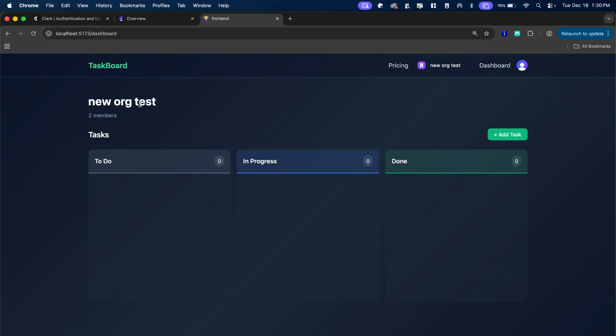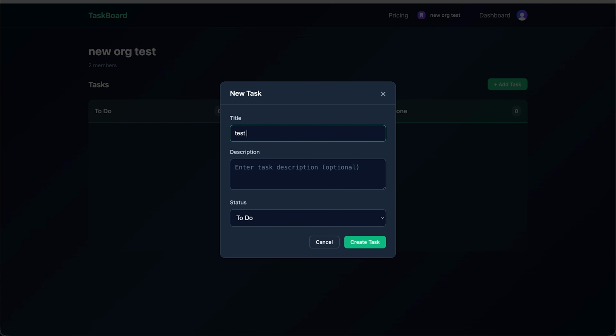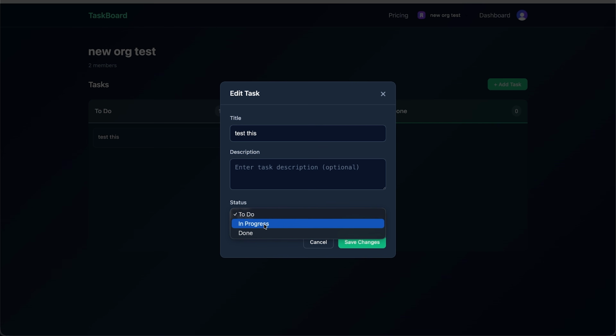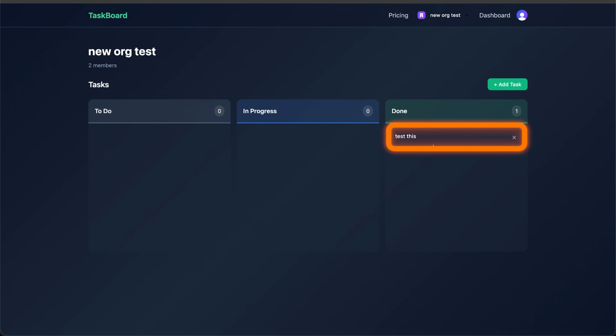Now, if I go to my dashboard, you'll notice it's going to start loading my different tasks. Right now, we don't have any. Shows me we have 2 members in this organization. If I want to make a new task, I can go like test, this or something, put it in the to-do category, and you can see that it's here. And then if I want to change its category, I can simply just swap it, and you see that it